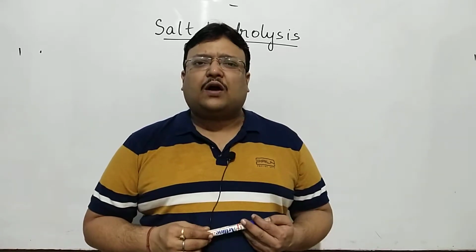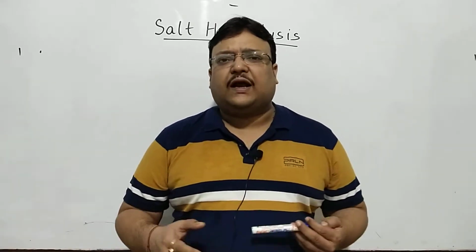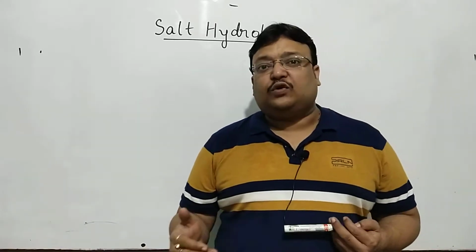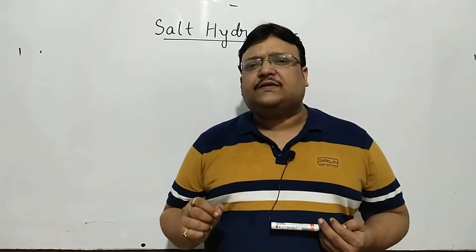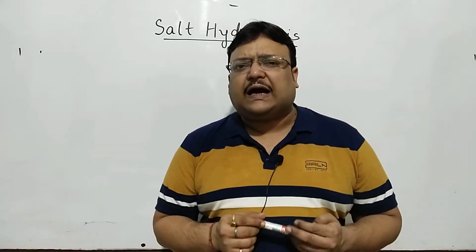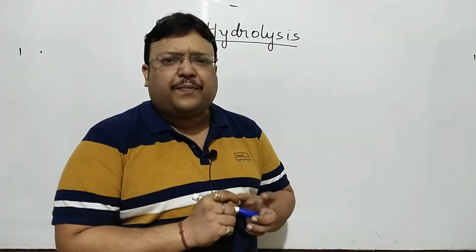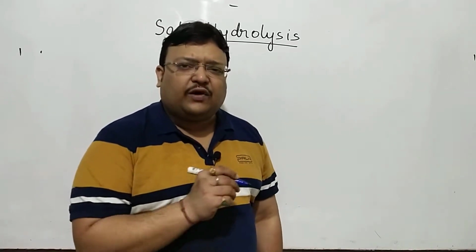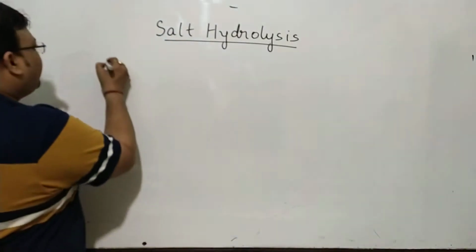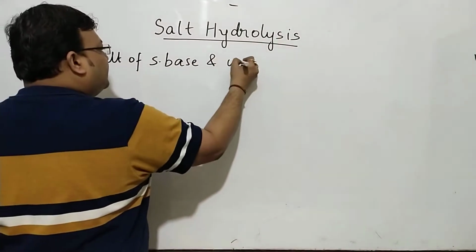In this video, we'll talk about the other two salts which on hydrolysis will give you a solution where the pH will not be equal to 7. We'll begin with a salt of strong base and weak acid today. So the most popular choice of weak acid being acetic acid. Suppose the strong base is NaOH, and if I begin with the hydrolysis of salt of strong base and weak acid,